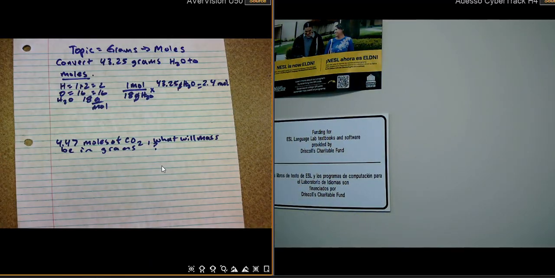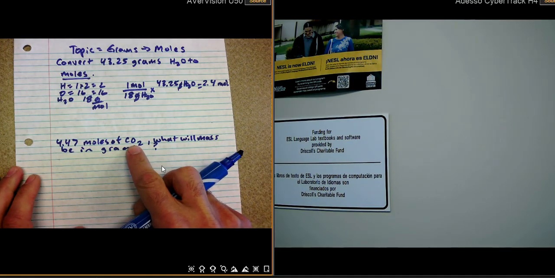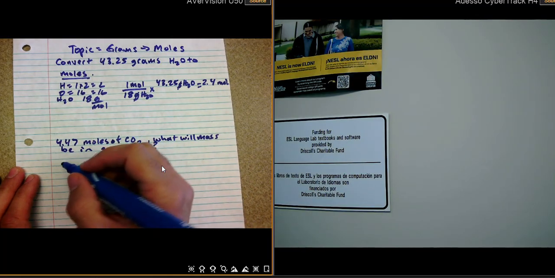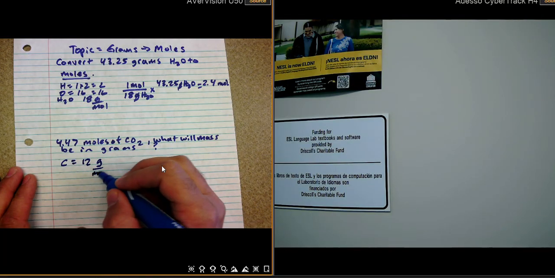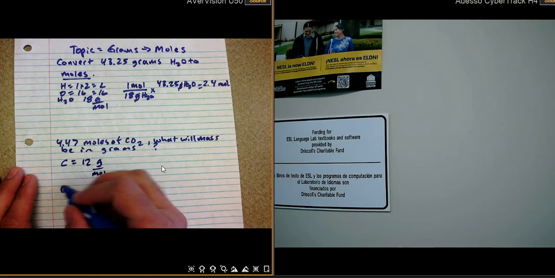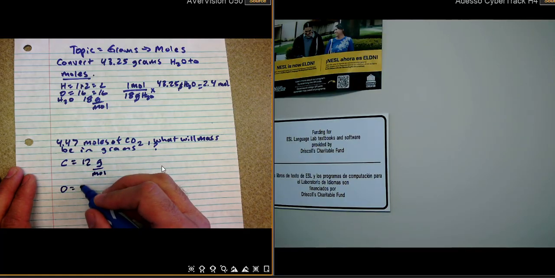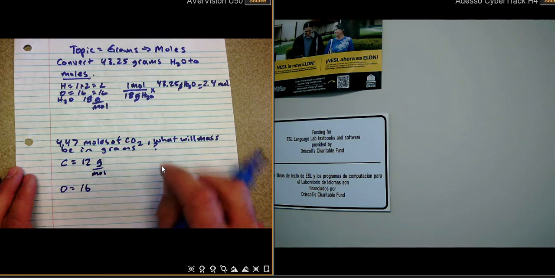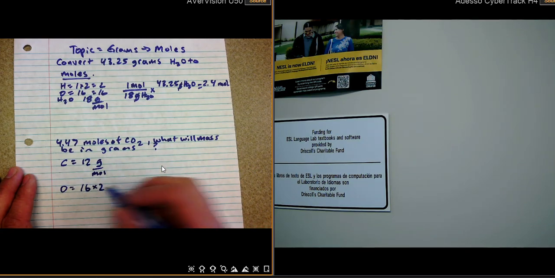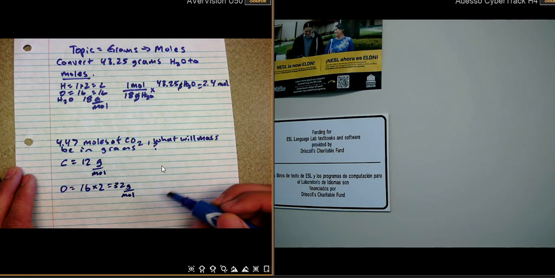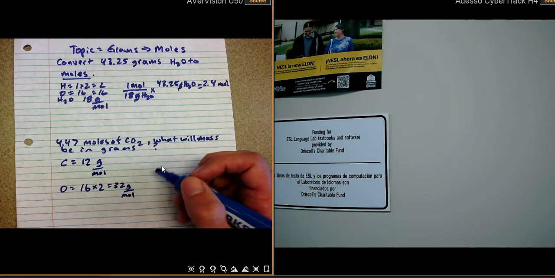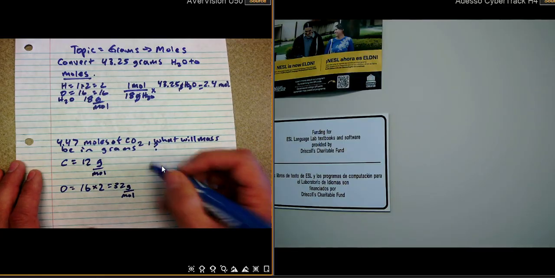So I'm going to set it up this way first. First I have to find out the grams per mole of CO2. Carbon is equal to 12 grams per mole, and then oxygen is equal to 16 grams, but I've got two of them, so that's 32 grams per mole. Then I want to add both of those together. CO2 has a grams per mole of